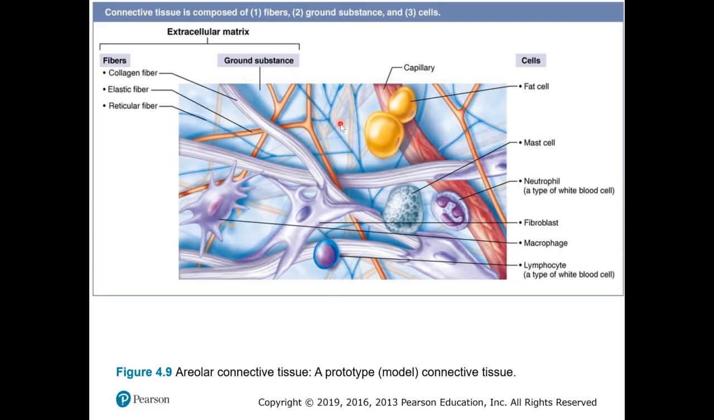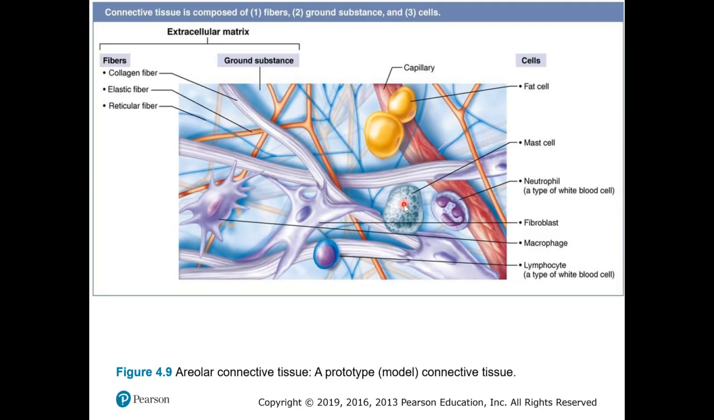And we find that in lymph nodes and in the spleen. And what else do we have? Here's a blood vessel running through there. Most connective tissue is vascularized, except for cartilage. Here's a fat cell. Now, this is actually a better diagram of the fat cell than they have in the fat cell section, so we'll come back to that in just a moment. Here's a mast cell with all this little stuff in there. These are the signal molecules that, if something happens in this tissue,